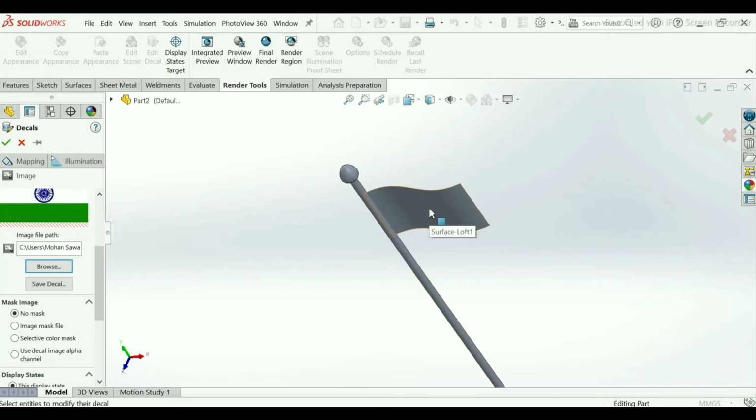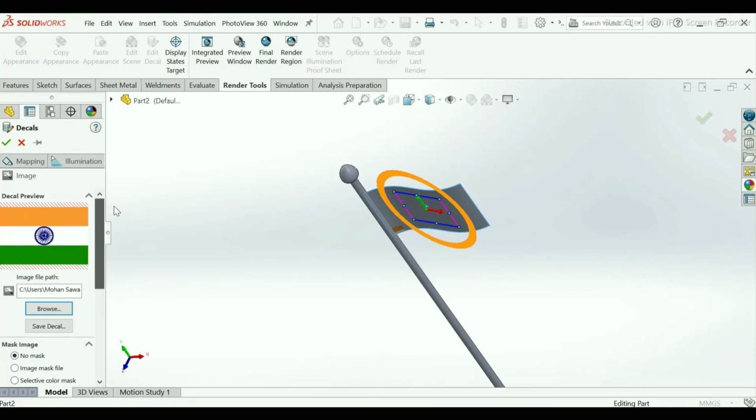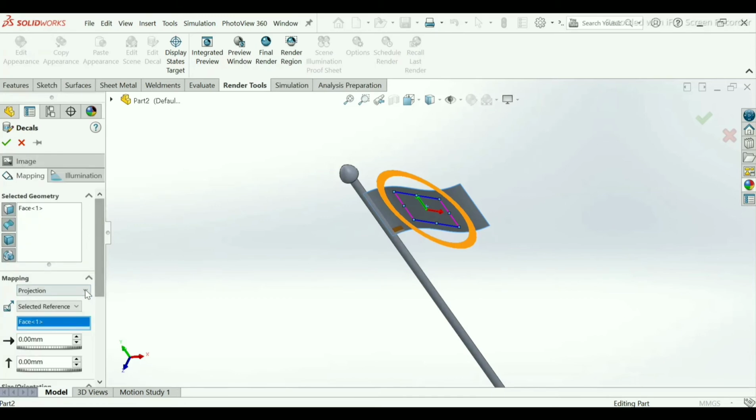Now select this surface, loft surface, and go to mapping. Here you will see one option.